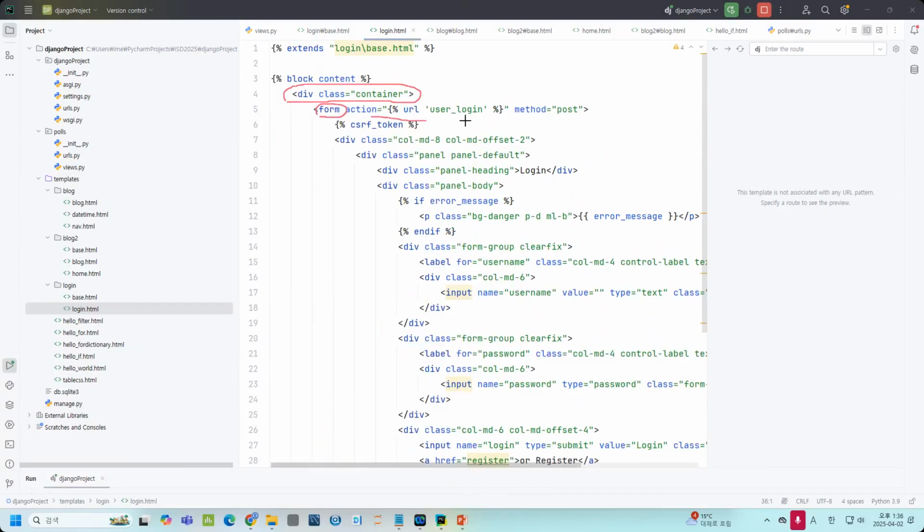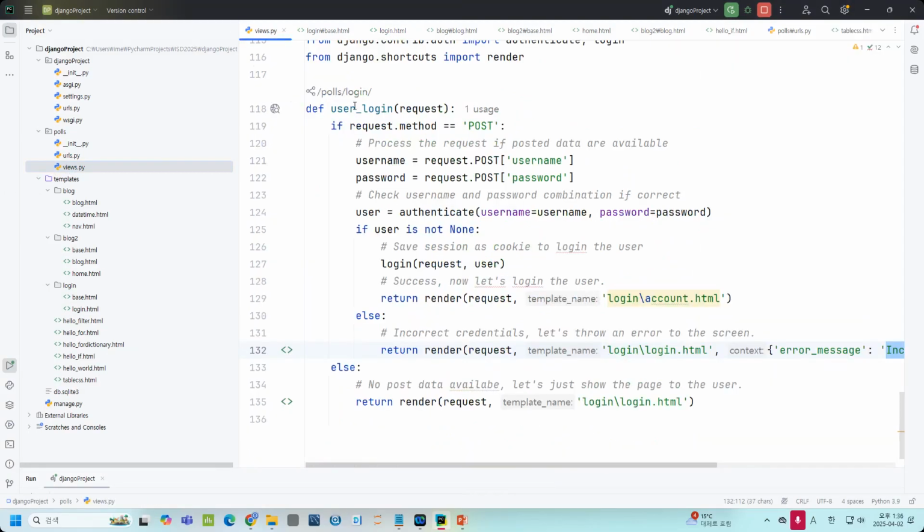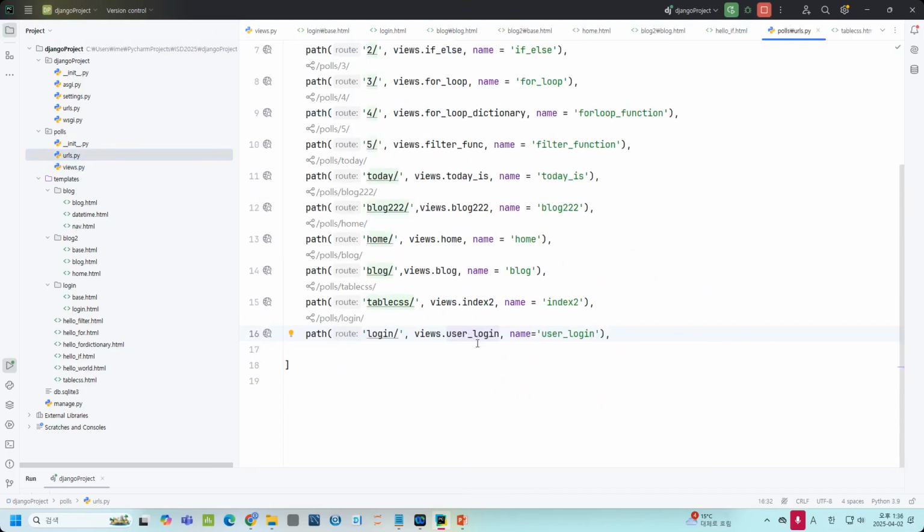So the form means I'm going to use the user login. The form user login is from the one that you define in the views.py. So in the views.py, we have the user login. We define here user login. We define the user login in the URL list. And then